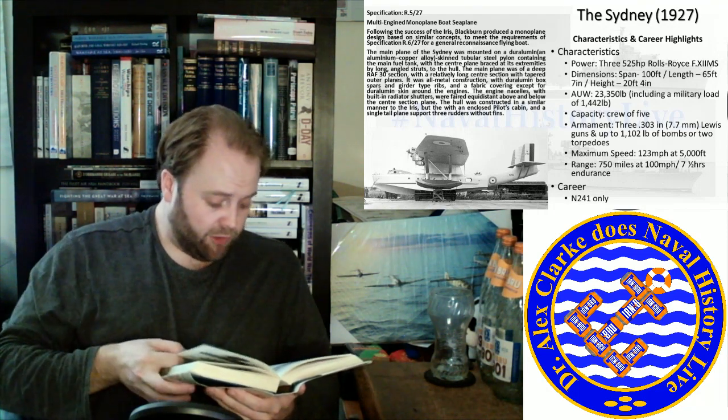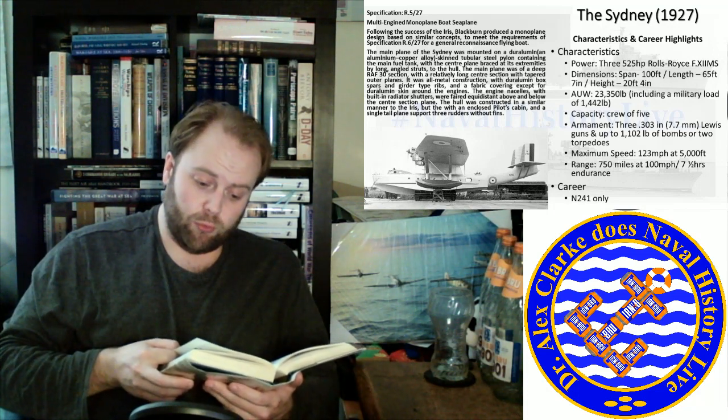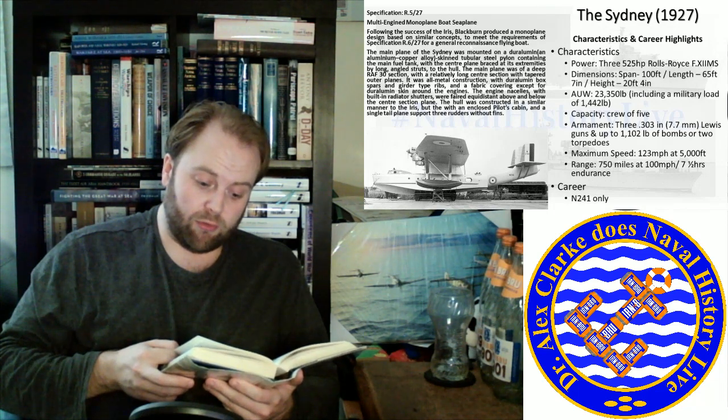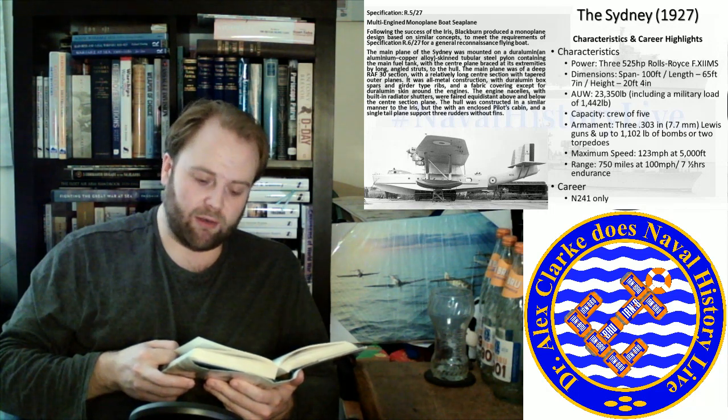The value of such a flying boat for civil purposes was obvious, and Blackburns decided to build two. One to carry 5 crew and Iris-type armament for Air Ministry, and the other furnished to the airline standards of the day. Designated CB2, Blackburn's second commercial boat, it was intended to carry 3 crew, 14 passengers, baggage and mail